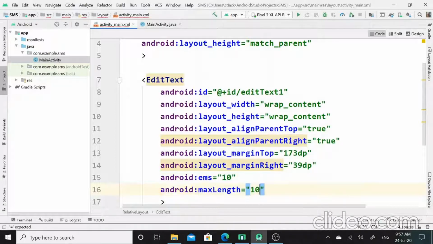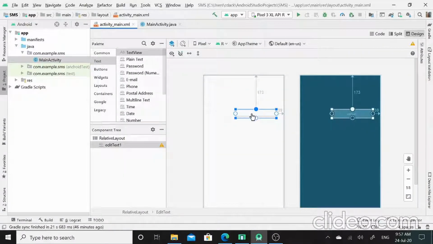Max length, that is 10. In this way, any user will be able to enter only a 10-digit number in this edit text. So this is edit text to enter the contact number of the user.